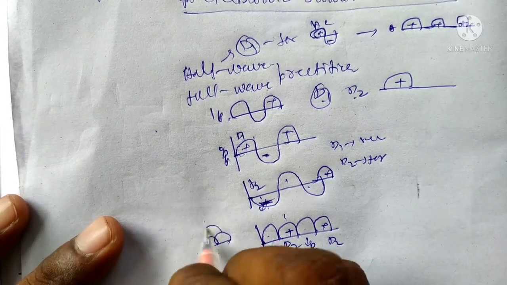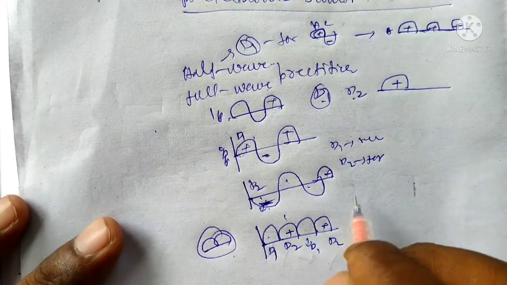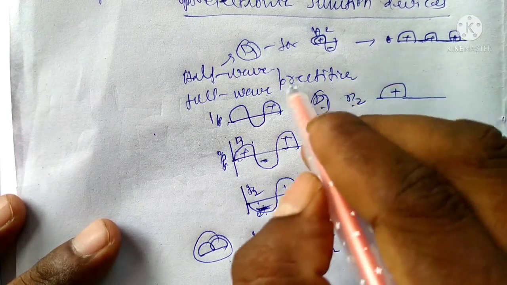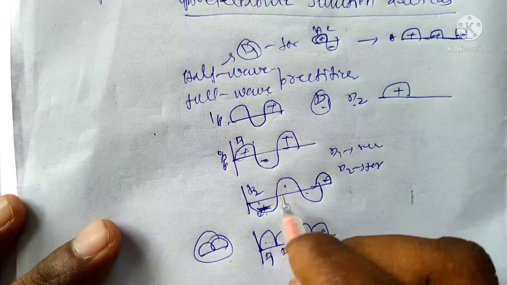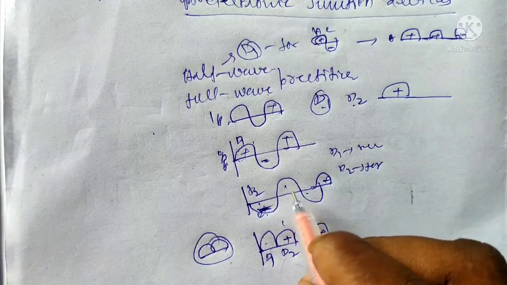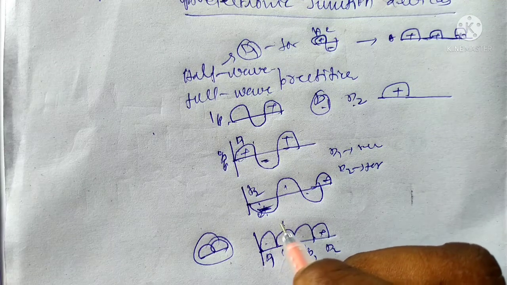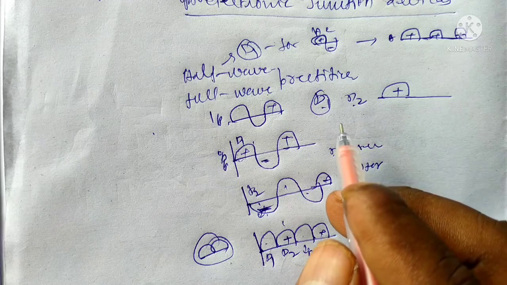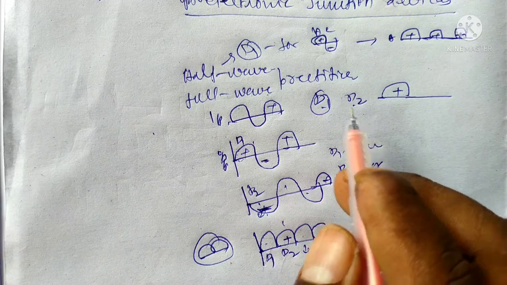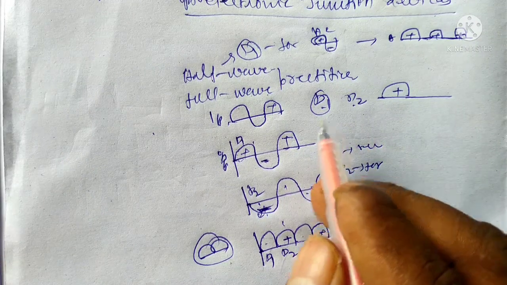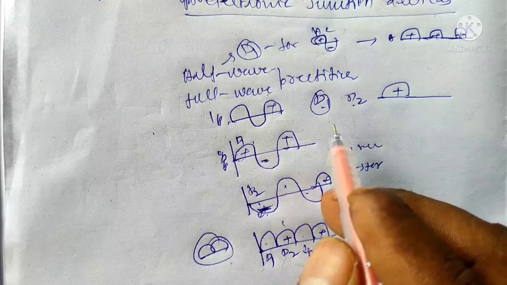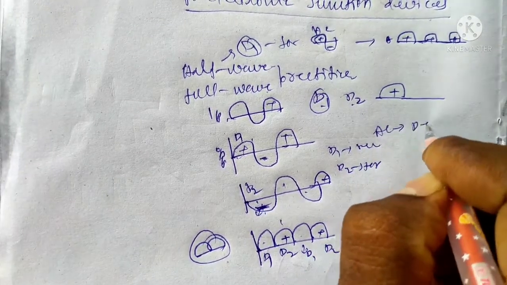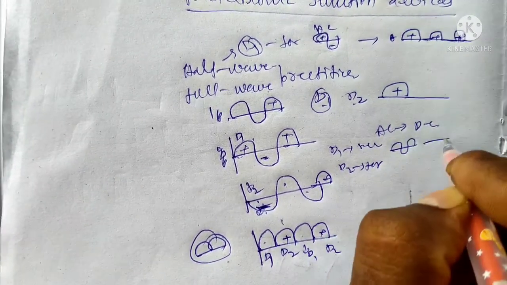The half waves come one after another without any gap. In the case of the half wave rectifier, there is a gap because there is only a single diode. In the full wave rectifier, complete waves appear in the output. The input AC voltage is converted into DC voltage. A rectifier is a kind of circuit, and rectification means AC is converted into DC voltage.